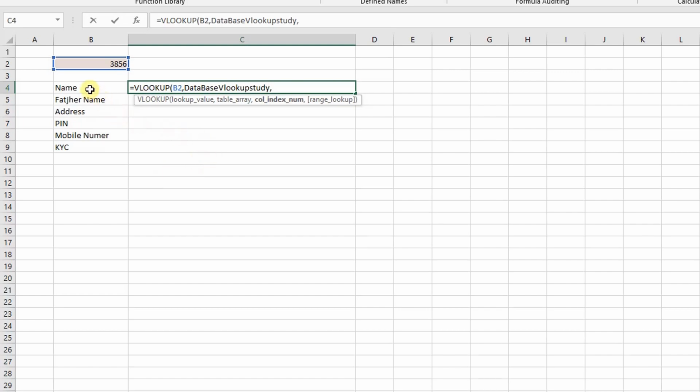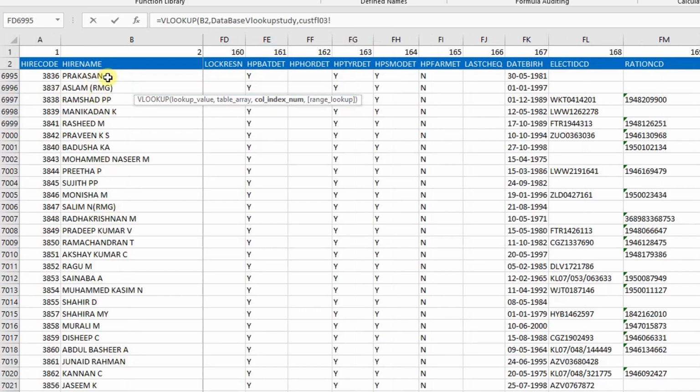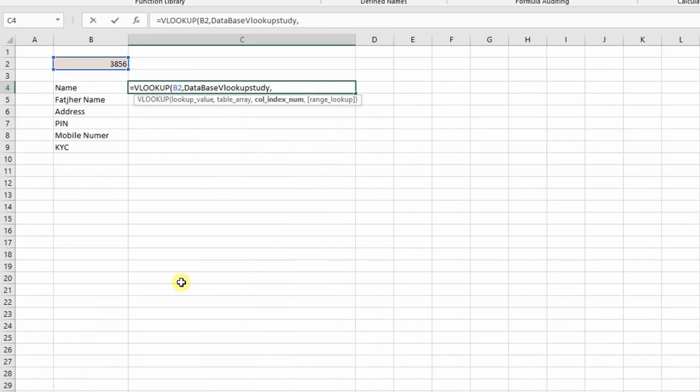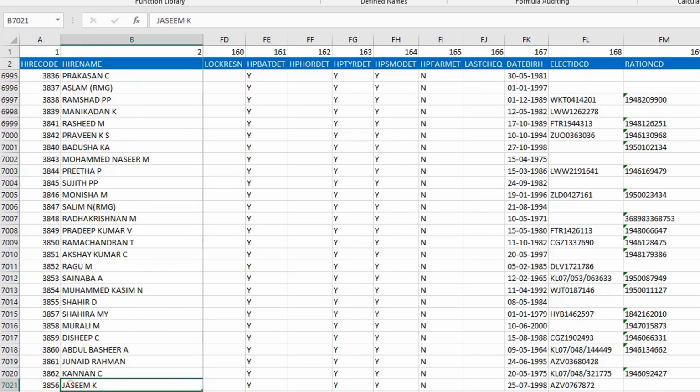Here we have to get the name. The name is in the second column. So enter the column index number as 2, again comma, select the exact match, close the brackets. When I press the enter key, the name will be shown here. Now the name is shown here, just the same.